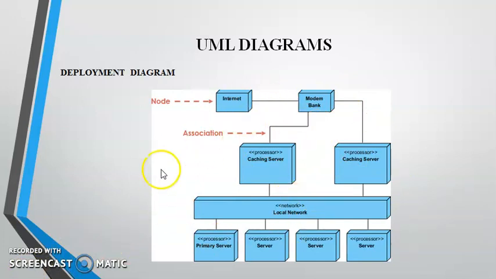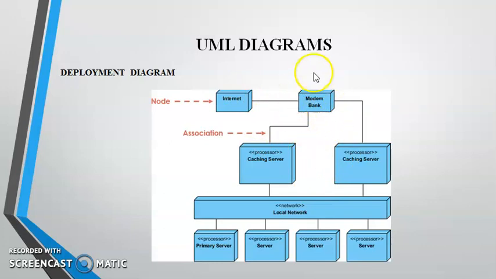This is the deployment diagram. Here all these are nodes, right? So node means it describes the physical devices used inside the system. Okay? And here each system is called a server. Without the server, the system can't work. Okay? If we want to access the data from the internet, we need a server.